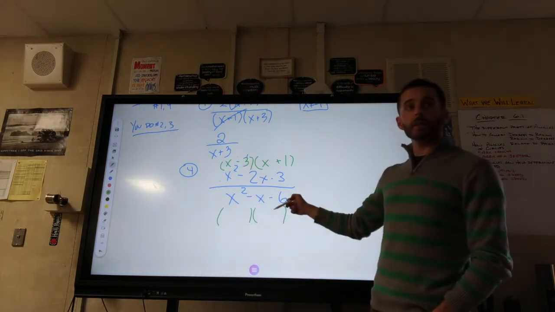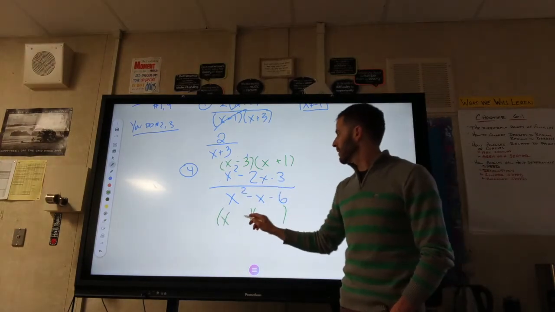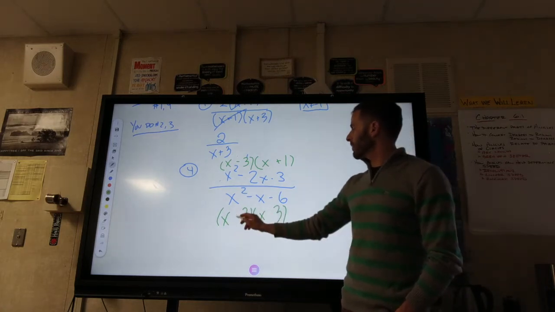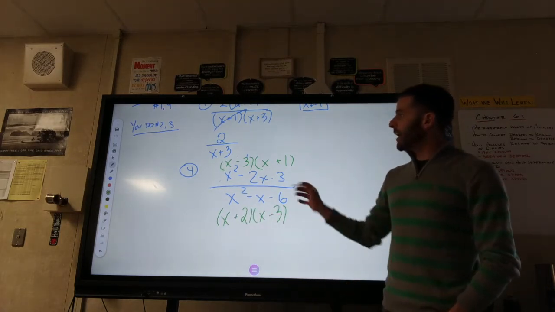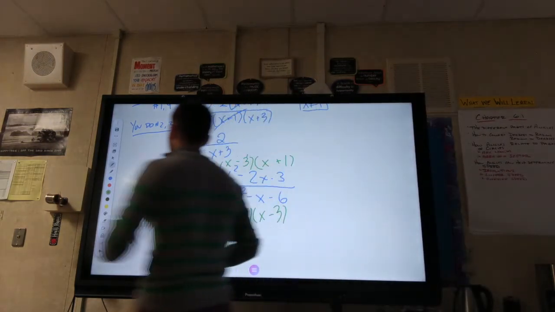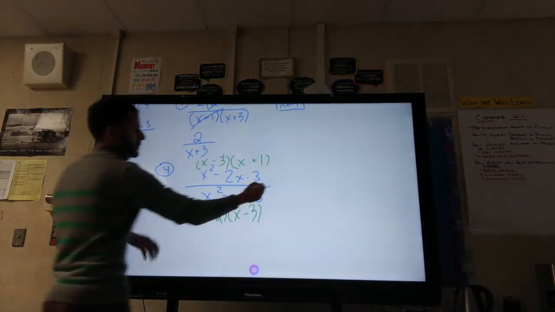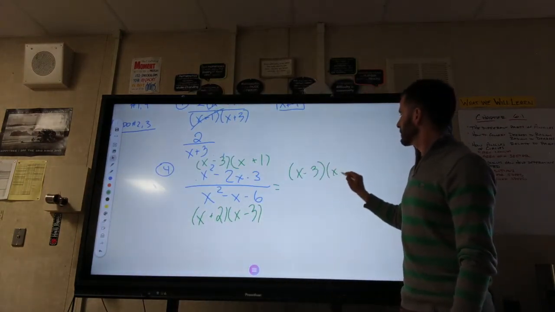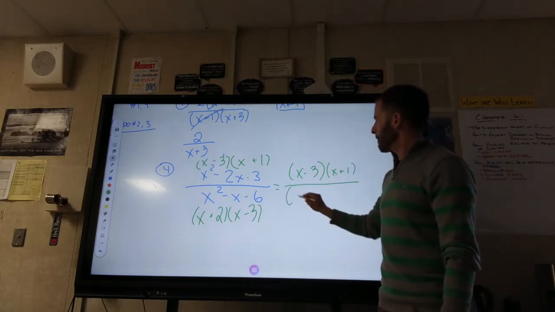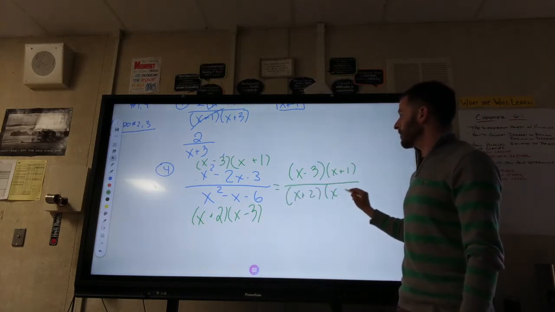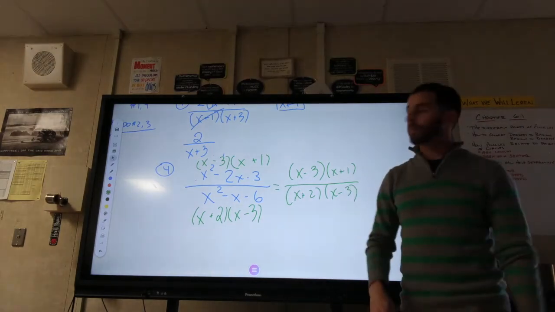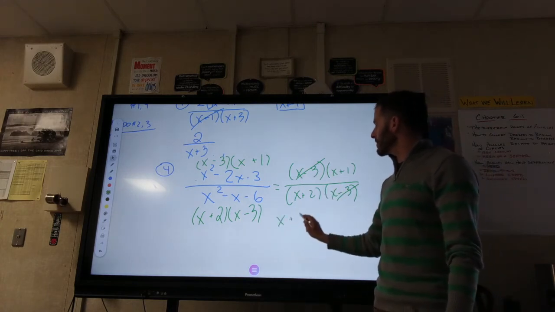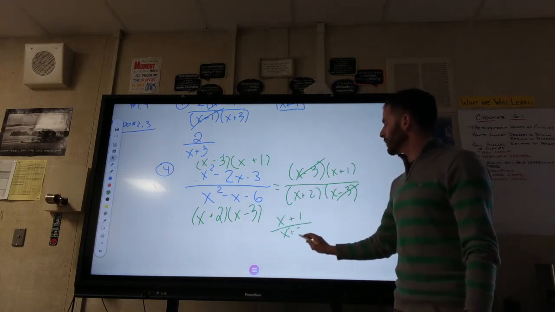Two numbers that multiply to 6 and subtract to negative 1. 2 and negative 3. Sorry, I had to subtract to negative 1. 2 and negative 3. Very good. All right, now I'm going to rewrite this into one fraction. And we just look. Is there anything on the top and the bottom that we can cancel out? X minus 3. Very good. The x minus 3s. So our answer is going to end up as x plus 1 over x plus 2,